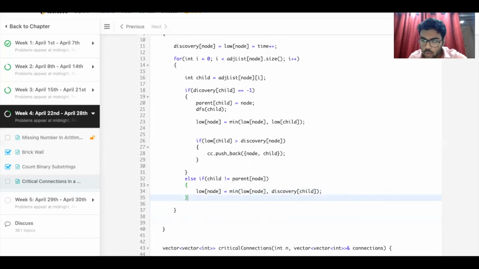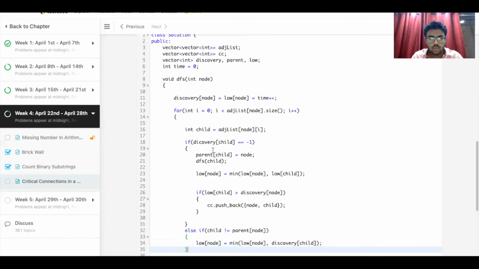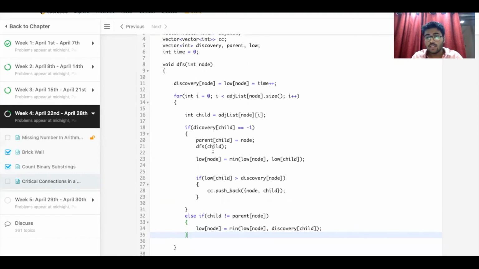This should sort out the problem for us, and it is exactly what I explained on the notepad. We are using a low vector for storing the lows of each node, and discovery for storing the discovered nodes that we are traversing through.